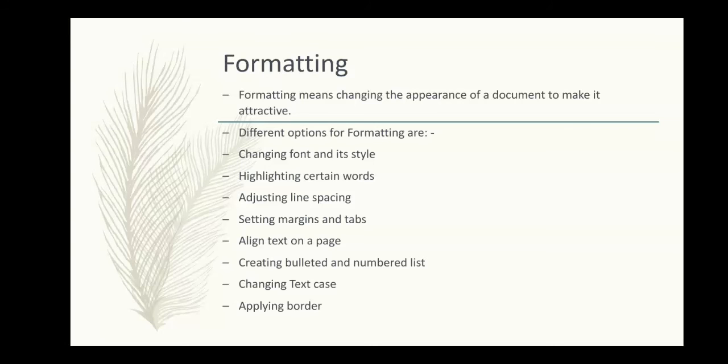Aligning text. Alignment refers to the positioning of text on a page. There are 4 types of alignment: right, left, center and justify. By default, we start from the left side. As in your copy, you have seen, in the computer we do the same work. That is called left alignment. Creating bulleted and numbered lists. In this window you can see all the lines having a dash in front at the beginning. That is a kind of bullet.